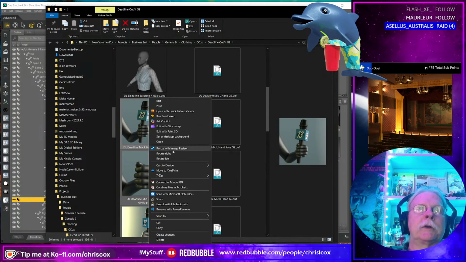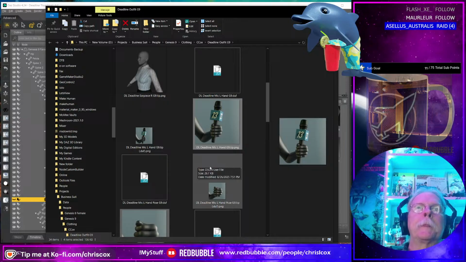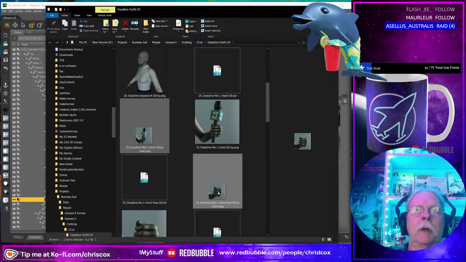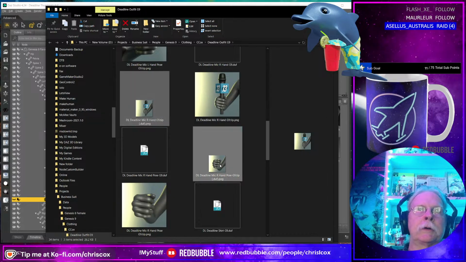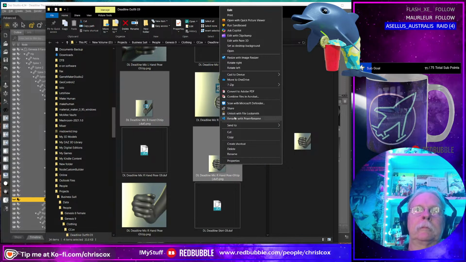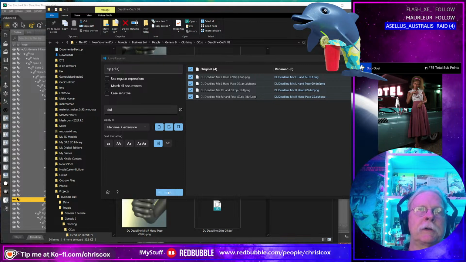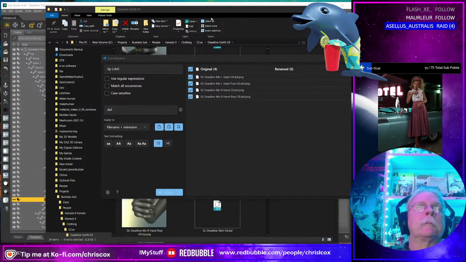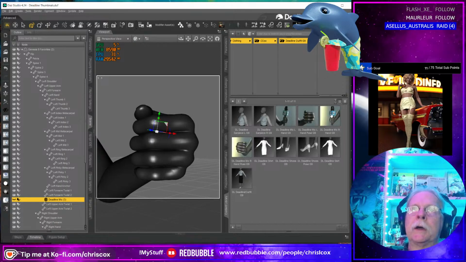So resize those. The image resizer makes them 91 by 91 and makes copies. And then I have to clean up the names on these so that Daz will understand them. So I got to swap that out for this. And then when we come over here, hit refresh. All right, we've got these.